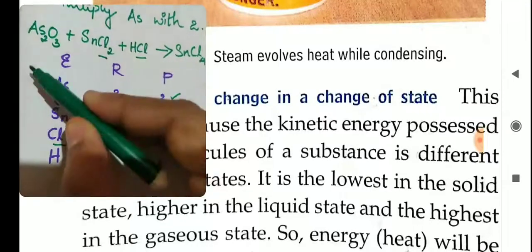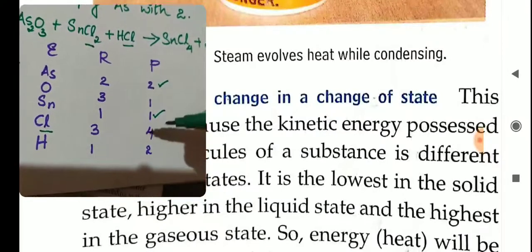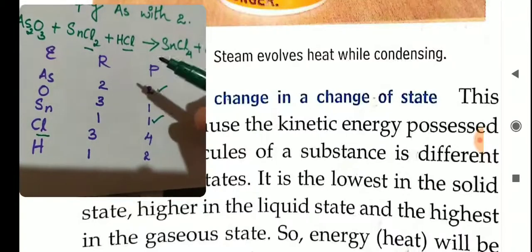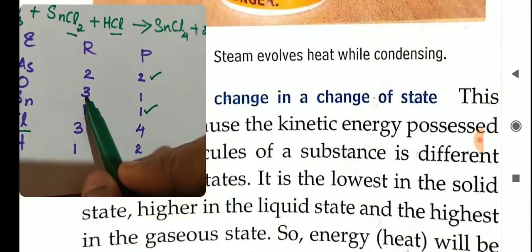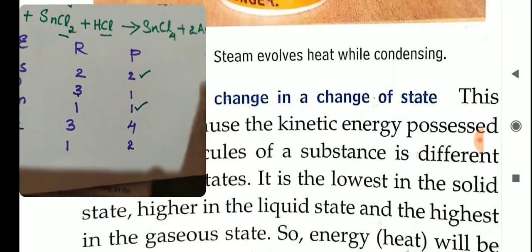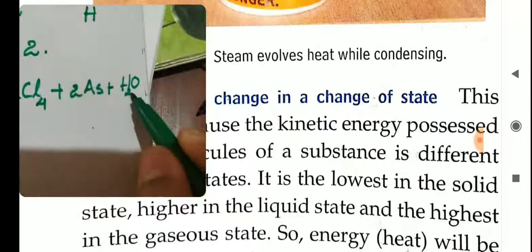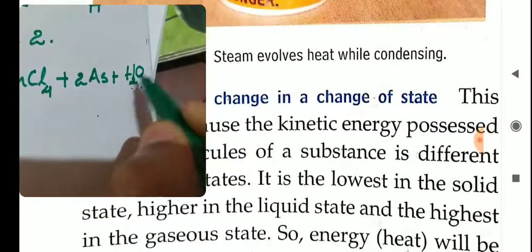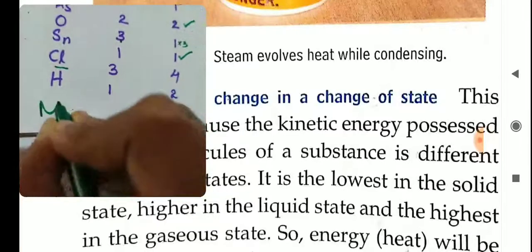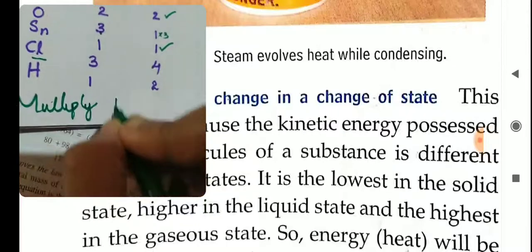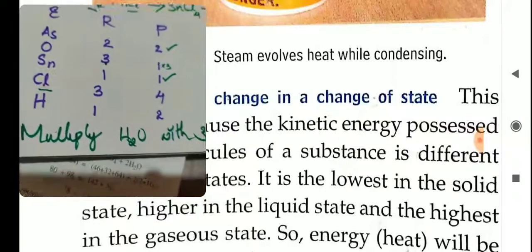So next, metal, non-metal, oxygen. Since chlorine is difficult to balance, we are going to balance oxygen next. Okay, so oxygen, which side is it less? In the product side it is less. Reactant side 3 oxygens are there, product side only 1 oxygen. So how will we balance? Multiply with 3. Where is oxygen present? In the water molecule. So multiply H2O with 3. That is our next step. So I am writing here, multiply H2O with which number? With 3. So I will write it and then I will show you.